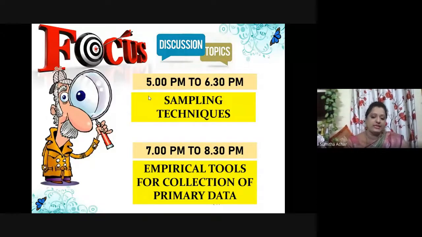Having understood this, I also discussed the steps involved in sampling, right? Under that, the first step is to identify the target audience. The second step was to identify the sampling frame, very important, because that is what decides the entire nature of your sampling design. The third step is choosing your target audience. The fourth step is choosing the method for selection of samples, either probability or non-probability. And the last step was to determine the sample size.